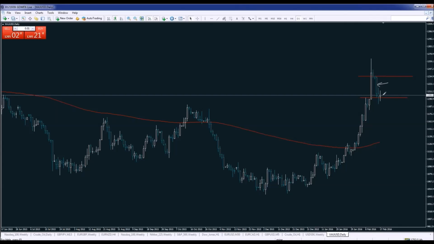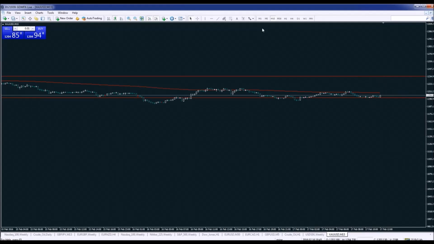First of all, to enter on a session breakout on a daily chart, we need to wait for at least 2 to 3 days to confirm this particular breakout. But what we're interested in is short-term trading, sometimes scalping, or daily swing trading by just opening on the breakout of the particular range and leaving the position open throughout the day, or just setting your targets in order to achieve your profits. What we need to do is go down to the smaller time frames